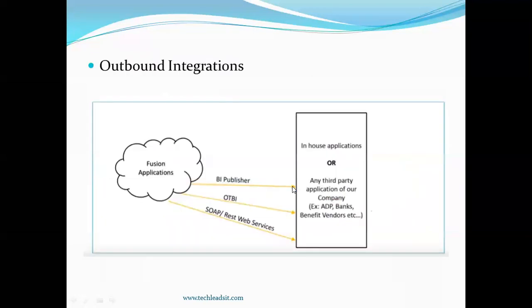And for the outbound integration, whatever we are developing, our OTBI reports outputs or BIP reports outputs are there: BIP Publisher, OTBIs, and SOAP and REST web services. These outputs we are sending, or placing certain files, to third-party system FTP server locations by using your various reporting contents. And by using SOAP and REST web services, you can invoke your BIP Publisher OTBI reports in order to get the exact file into third-party systems.